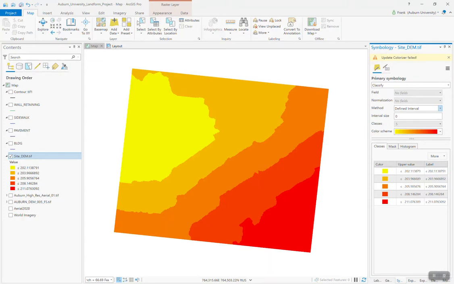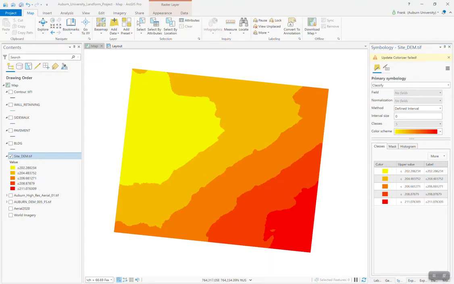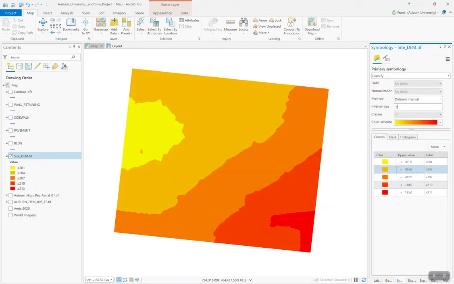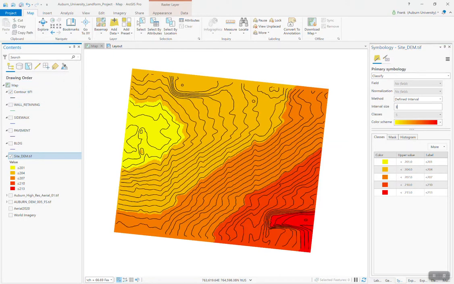And then in the interval size right here, you want to set that to be a number. So again, the units here are in meters. Let's just put a random number in here. Let's put 3. Hit enter. What it's doing right now is creating intervals of 3 meters between the ranges here. But if you want to make the ranges match the actual contours here, let's say you want to create 5-foot or 10-foot ranges,